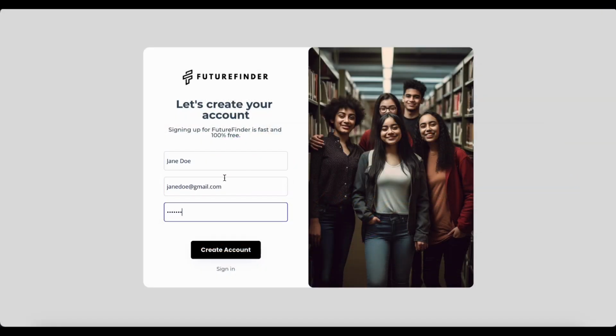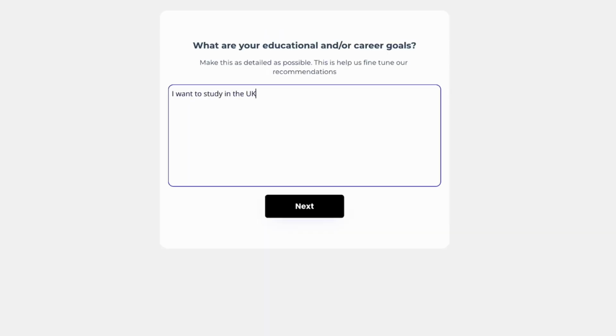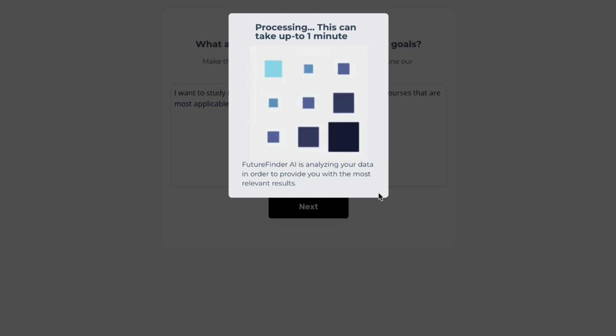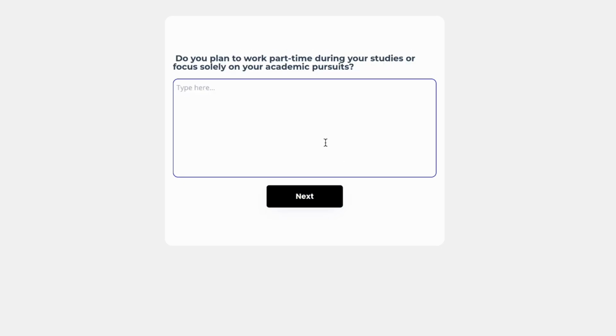It's quick and easy. Next, create your profile by uploading your resume, if you have one, and filling in your basic details. This step is crucial as it allows our advanced GPT-4-based AI to understand your background, skills, and interests. The more accurate and complete your profile is, the better our AI can generate questions to learn more about you